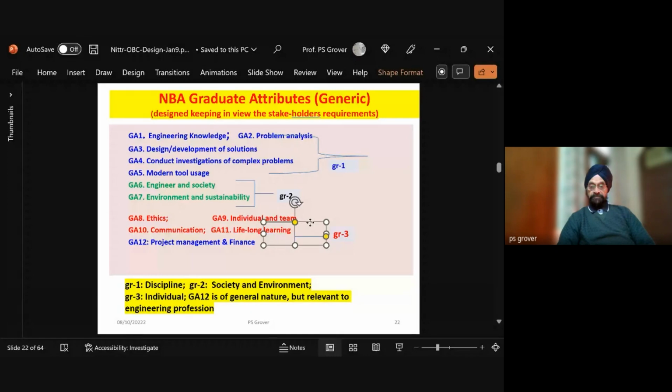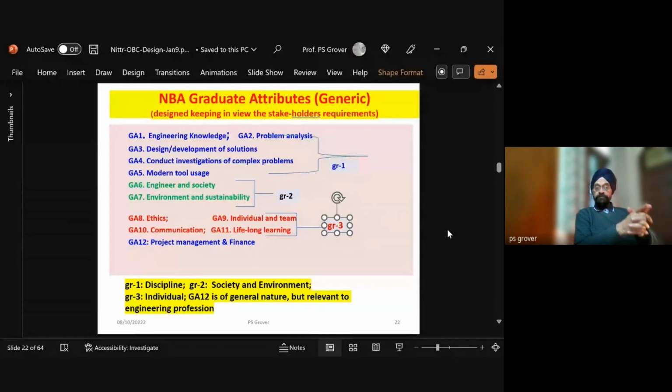Which are concerning an individual. What does it mean? For example, a human being should be a good citizen. He should be a good person. He should know how to live in harmony in society, and so on. So the graduate attributes which have been defined for the MBA graduate, the NBA has defined. You have defined it yourself also, which take into account the discipline, the individual, the society, and the general project